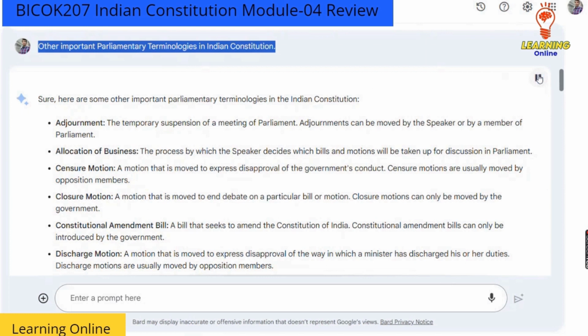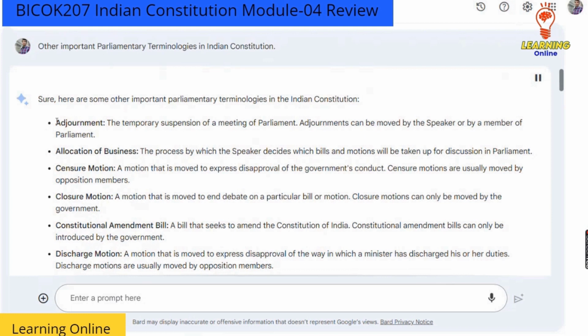Sure. Here are some other important parliamentary terminologies in the Indian Constitution. Adjournment, the temporary suspension of a meeting of Parliament. Adjournments can be moved by the Speaker or by a member of Parliament. Allocation of business, the process by which the Speaker decides which bills and motions will be taken up for discussion